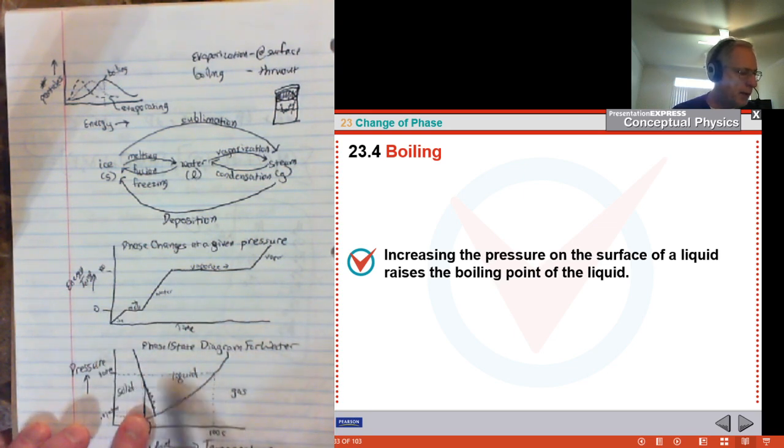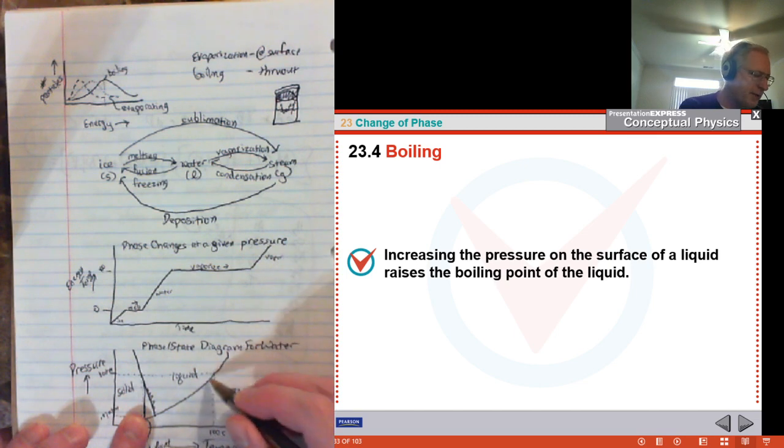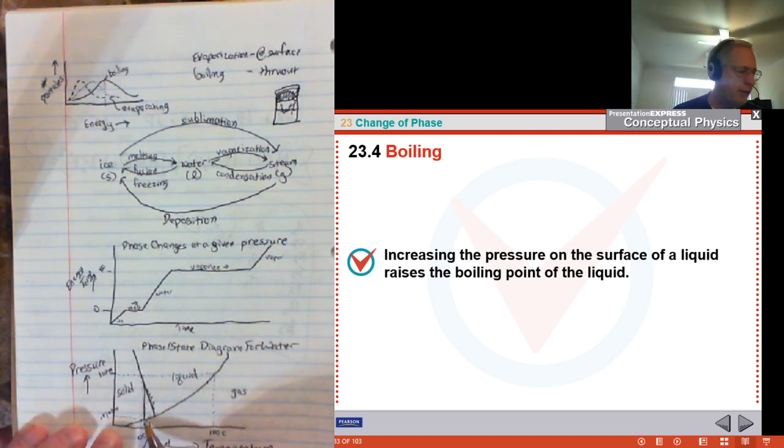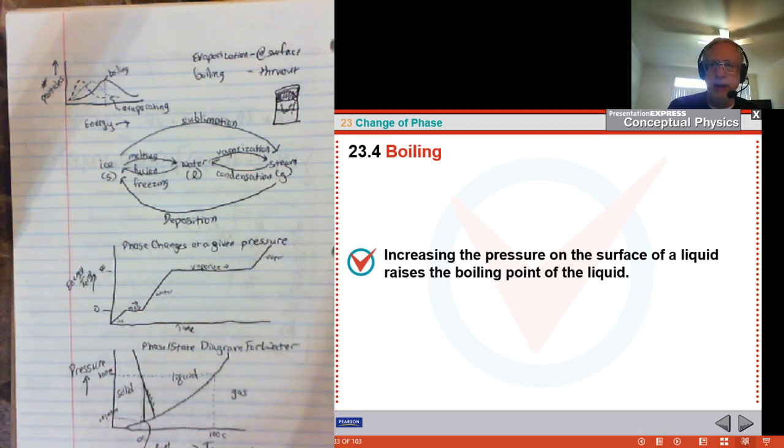Normally water boils at 100 degrees Celsius. But if you lower the pressure, like let's say we're in Denver, water would boil at a lower temperature because the air pressure is lower. And if I was to go into a complete vacuum, water can actually boil